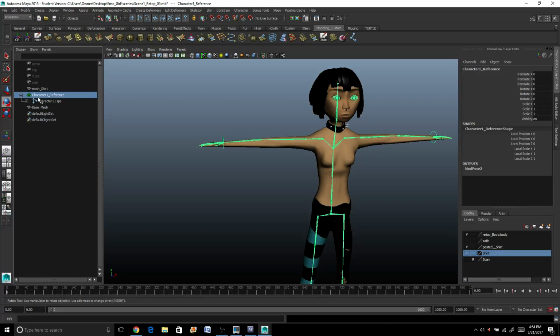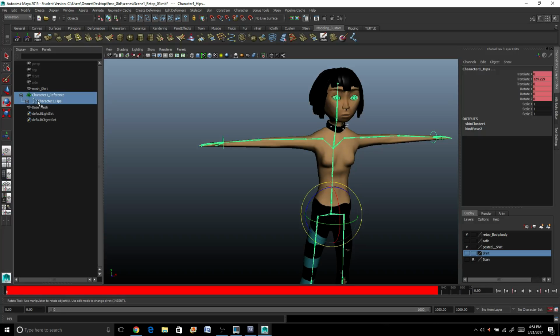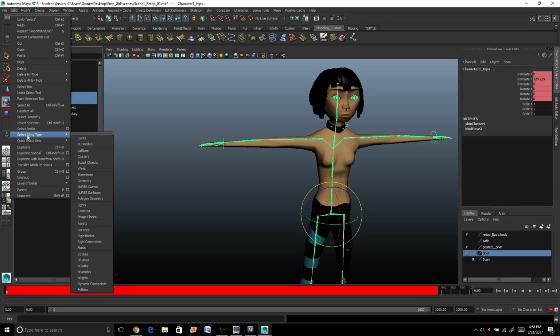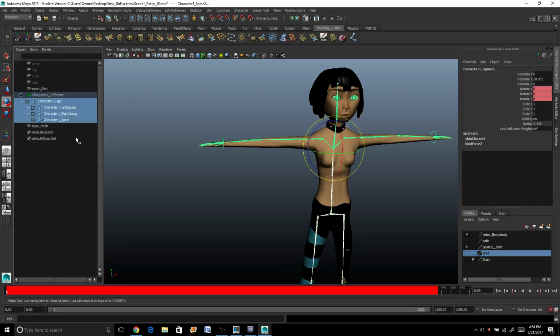What's going to be involved in this character set is going to be my rig mainly. So I have control 1 reference. I'm going to shift select. You see where it says character 1 hips. Now this doesn't necessarily select everything down to the joints. So what I want to do is go to edit, select by type. It's not delete by type, sorry. Select by type, joints. Okay,